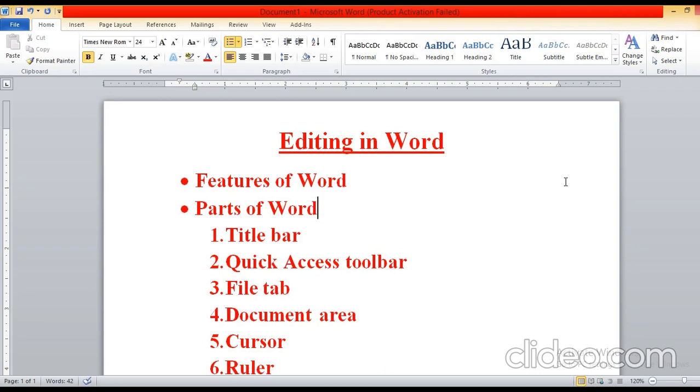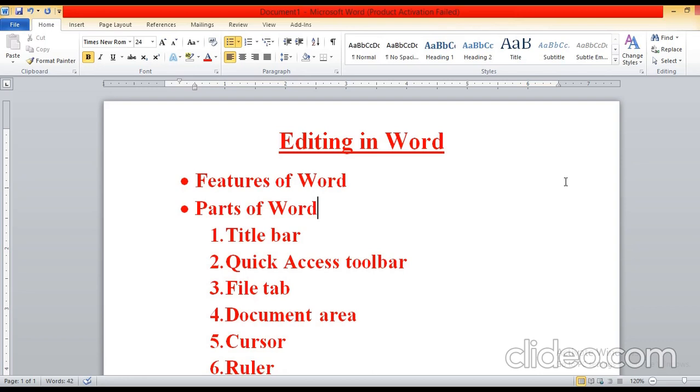We can preview the document before printing. If we want to check how our document will look after printing, we can check it using the preview option of the print command. These are the features of MS Word which I have discussed with you. There are several apps available for mobile devices such as smartphones that let you view and edit Word documents the same way as you do on a Windows computer.